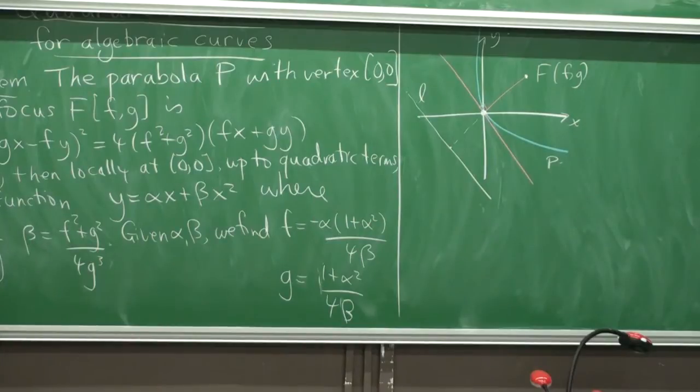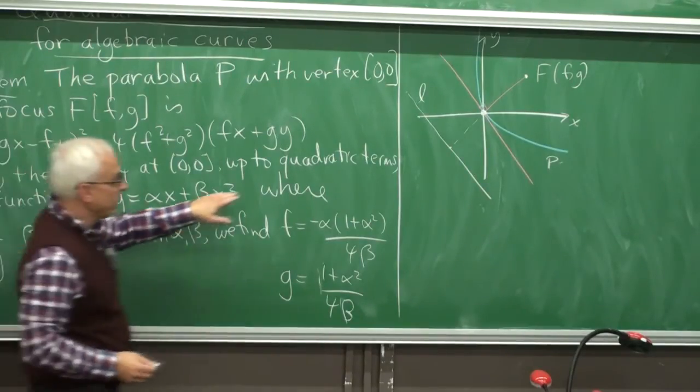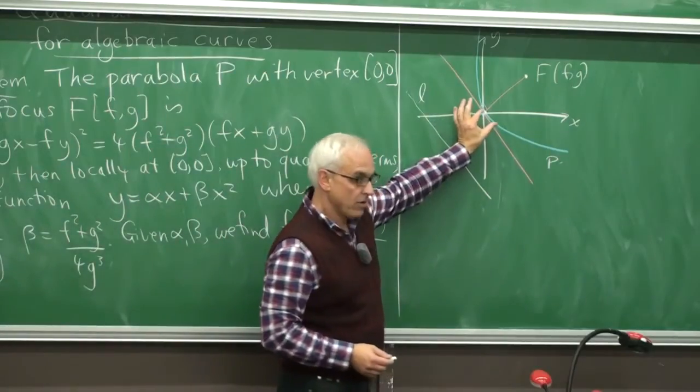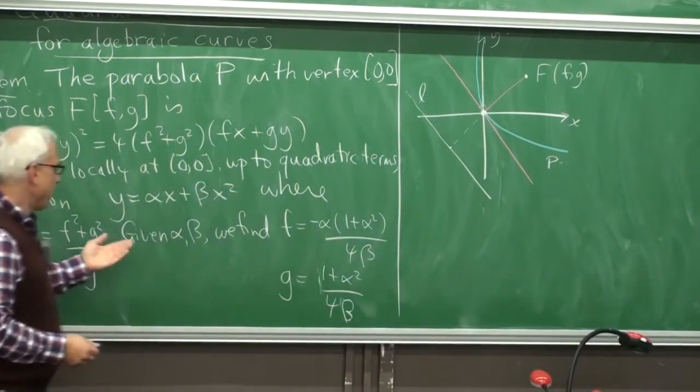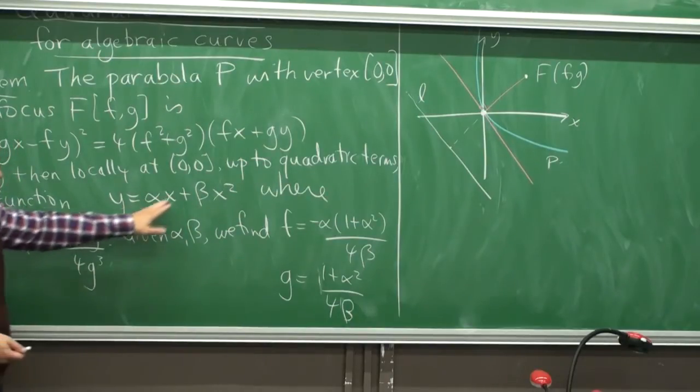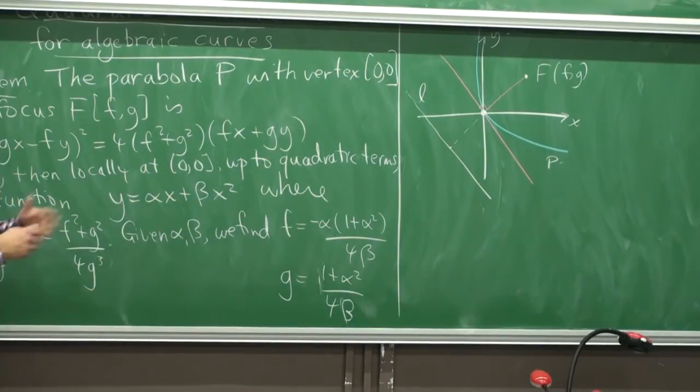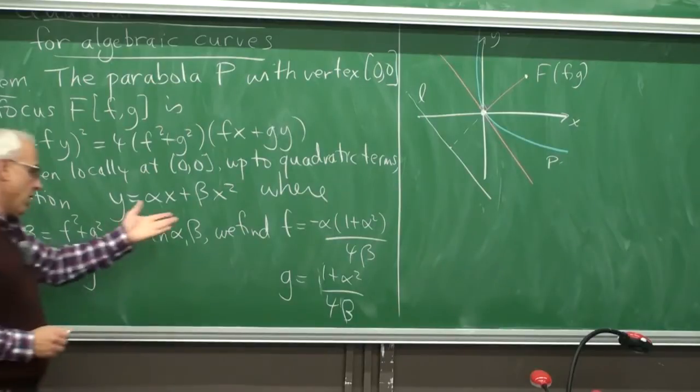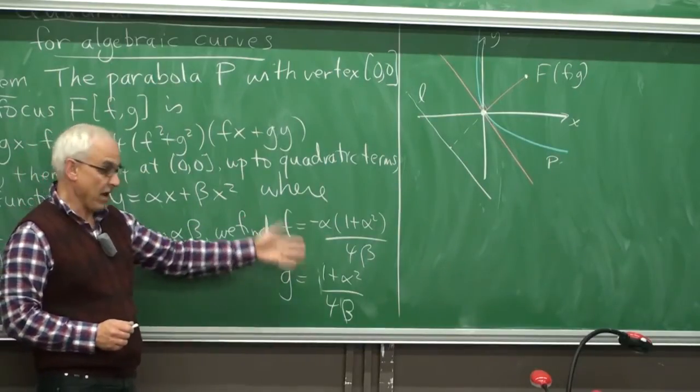can write down the equation of the parabola. We can determine that locally it's a function whose first few terms in a Taylor expansion is alpha x plus beta x squared. So we're ignoring higher powers of x like we do with the Lagrange approach. And we have this nice duality between the alphas and betas and the f's and g's. We can calculate the alphas and betas from the f and g's. On the other hand, we can calculate the f's and g's from the alphas and the betas.